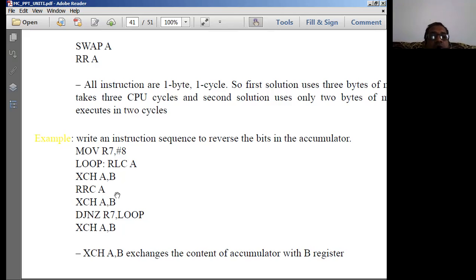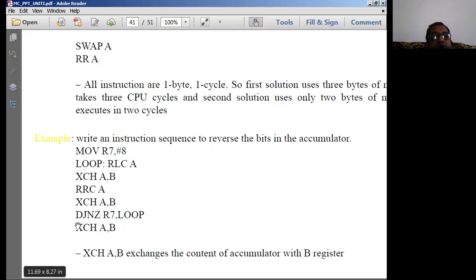That means the accumulator again gets its same contents. So at the end of the day, what is the result I will have? Now the accumulator A has one shifted bit position. Once again, the accumulator has come into the original position. That means this B is taken as a temporary register for swapping purposes.